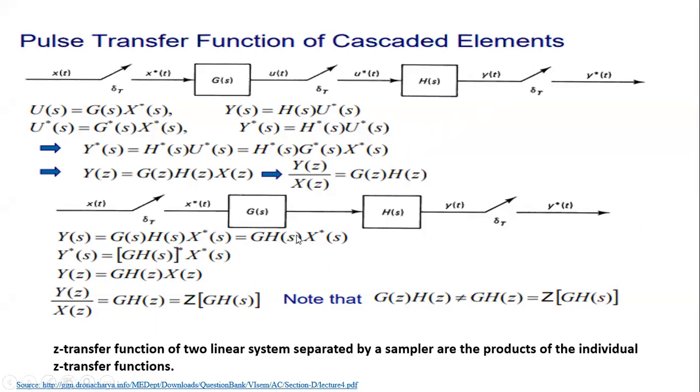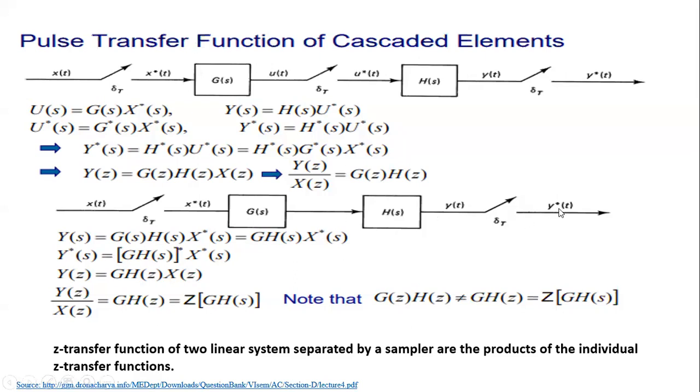Let us see the case when you do not have a sampler in between. So can you please understand the difference between both the diagrams? Now, even in this second case, I have g of s and h of s. Even in this case, two linear systems are cascaded, but they are cascaded without a sampler in between. So let us understand what difference they bring to the table when there is no sampler connected.